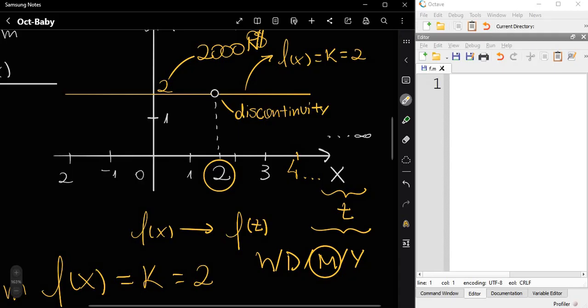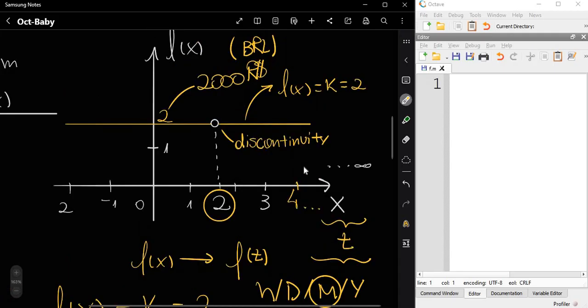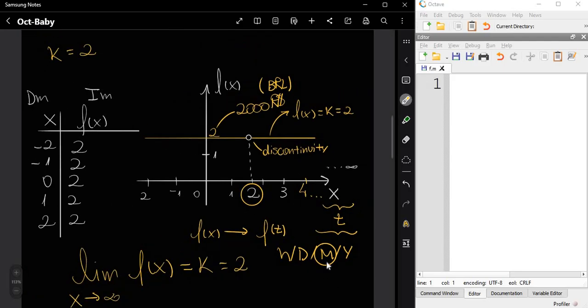And we are doing this analogy: instead of saying that it is a discontinuity, we are saying that this fixed income got interrupted for some reason that at this first moment we don't need to discuss.